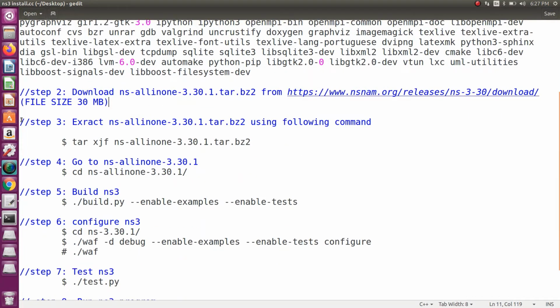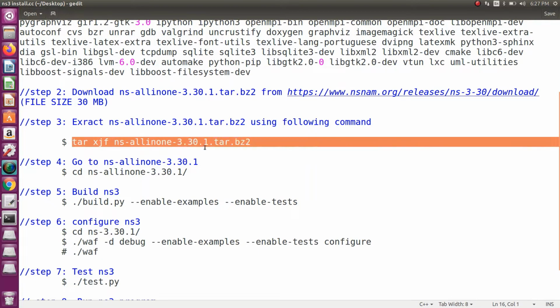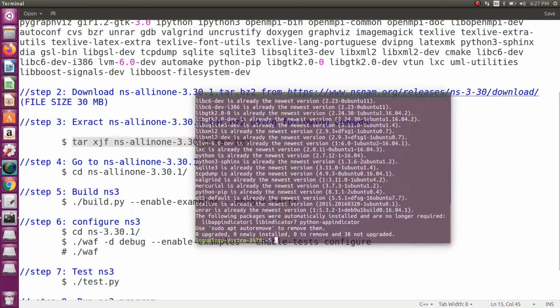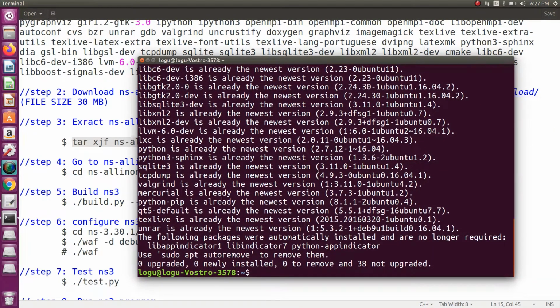Then what is our step 3? Step 3 is to extract the NS all-in-one tar file by using this command. I have to use tar xjf, copy, then paste it in your terminal.